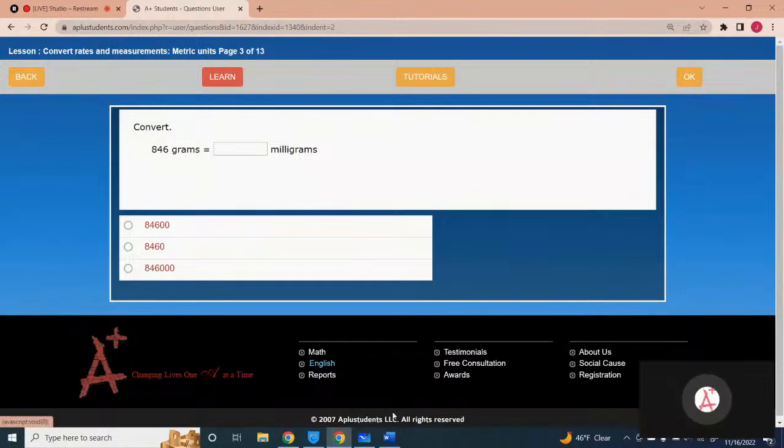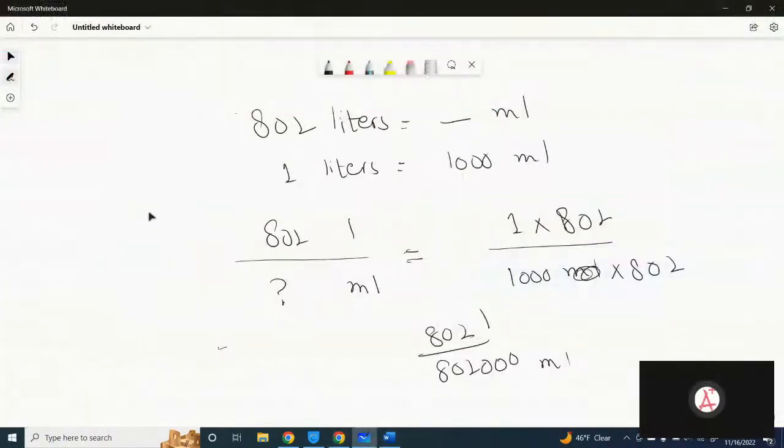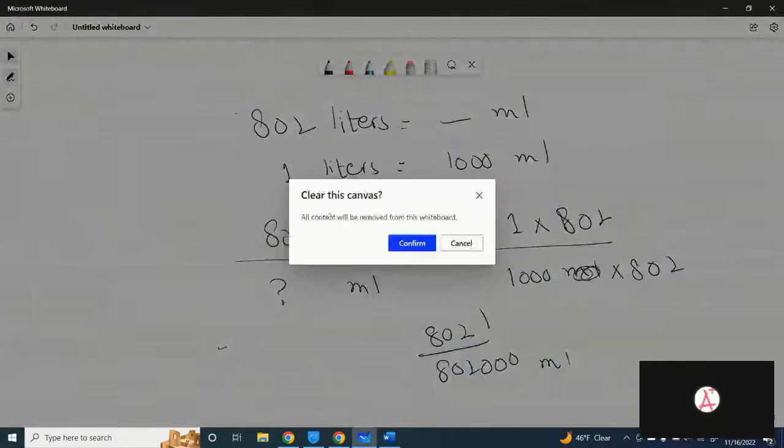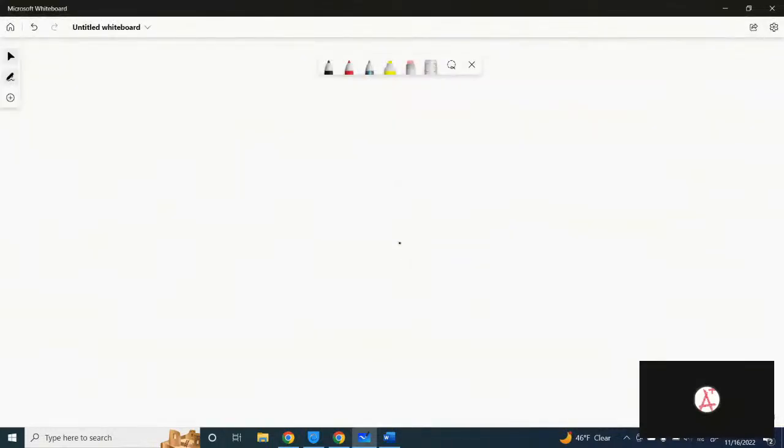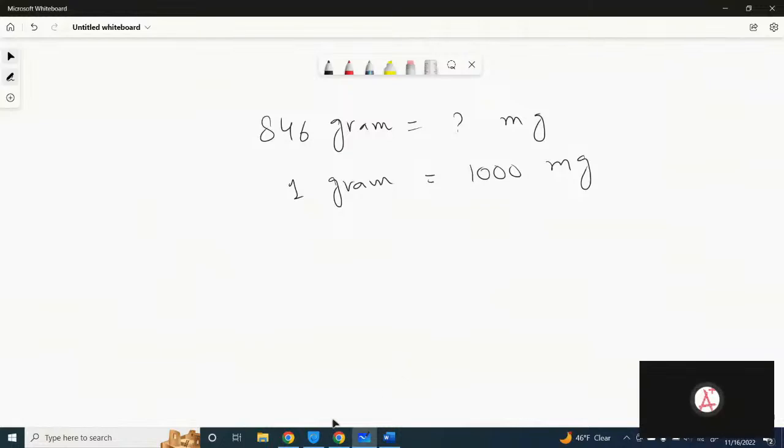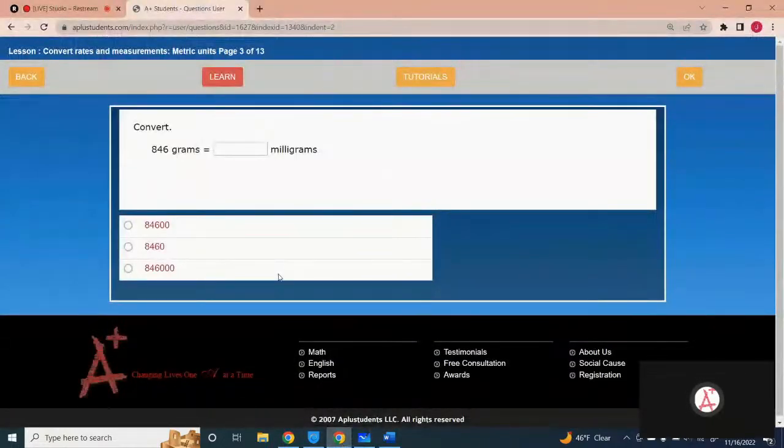So you have to convert 846 grams equals how many milligrams? Got it? So we know that in 1 gram we have 1000 milligrams. So that means 846 grams equals